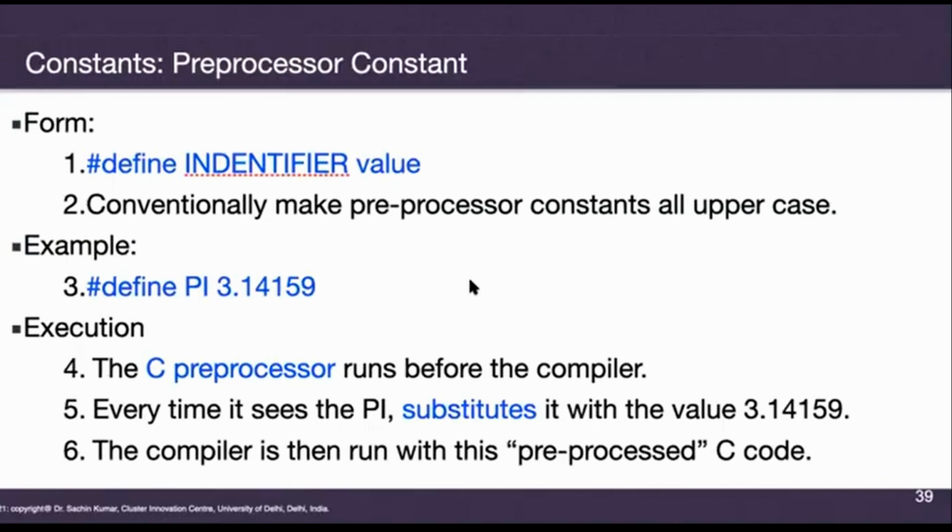For example, you are calculating something in your program related to the circle, and in a circle, for most of the things you calculate, you use the pi value. Pi value is 3.14159, or it can be 22 divided by 7. This will remain the same everywhere, anywhere your program runs, whether in USA or India, because it is a scientific and standard value. If you write 3.14 every time you need pi, then your code becomes a little bit